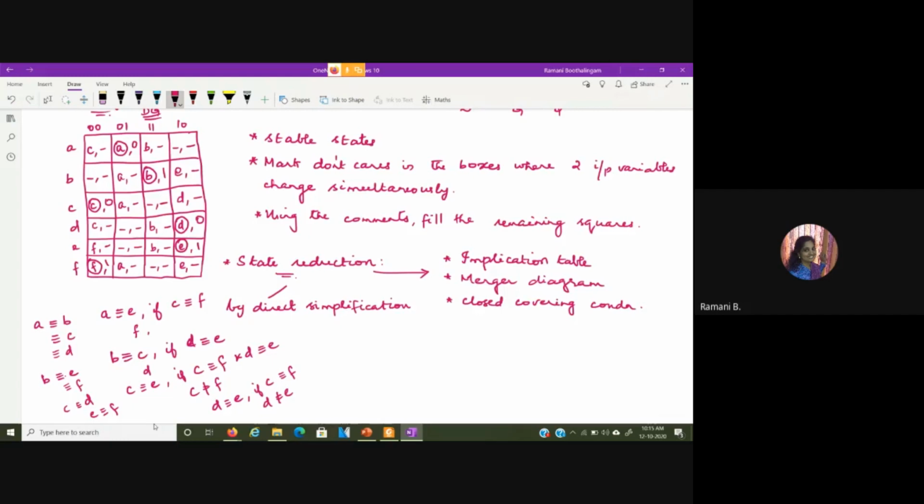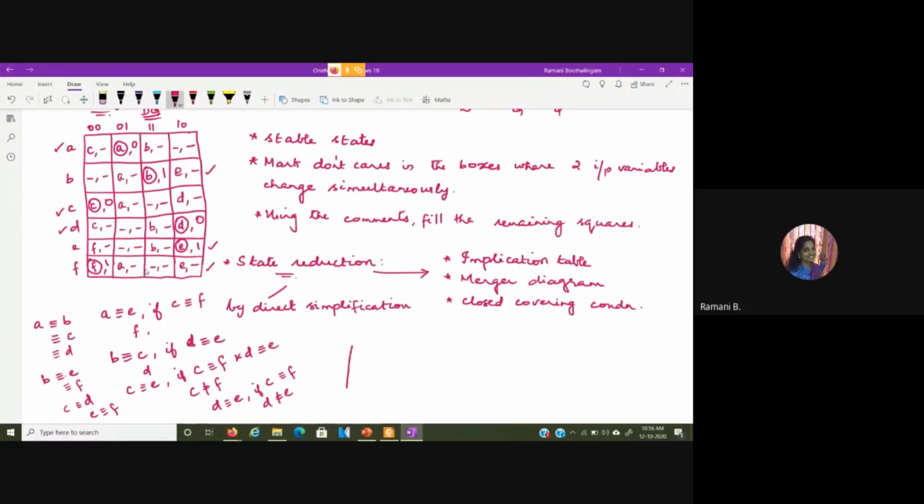Now to group this, we know C and F cannot be in the same group and D and E cannot be in the same group. So we combine them like this: A, C and D can be grouped together because they have similar combinations, and B, E and F can be grouped together.